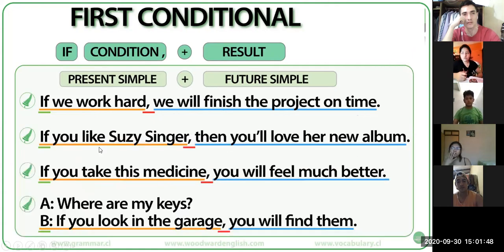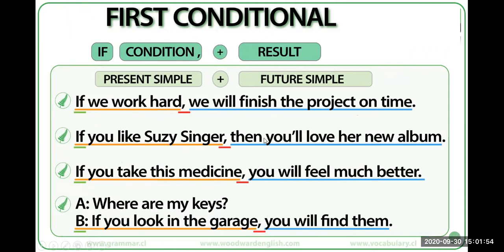For example, if you like Susie Singer, then you will love her new album.